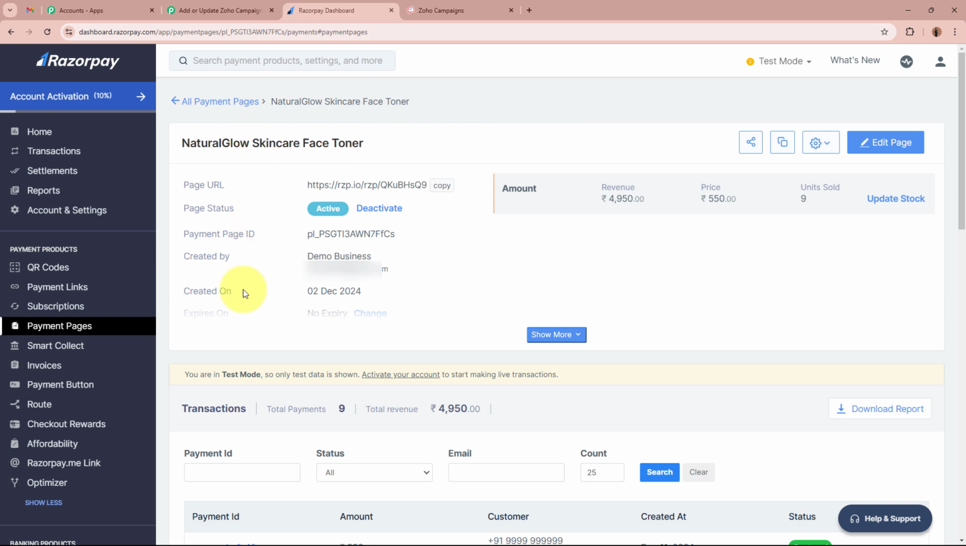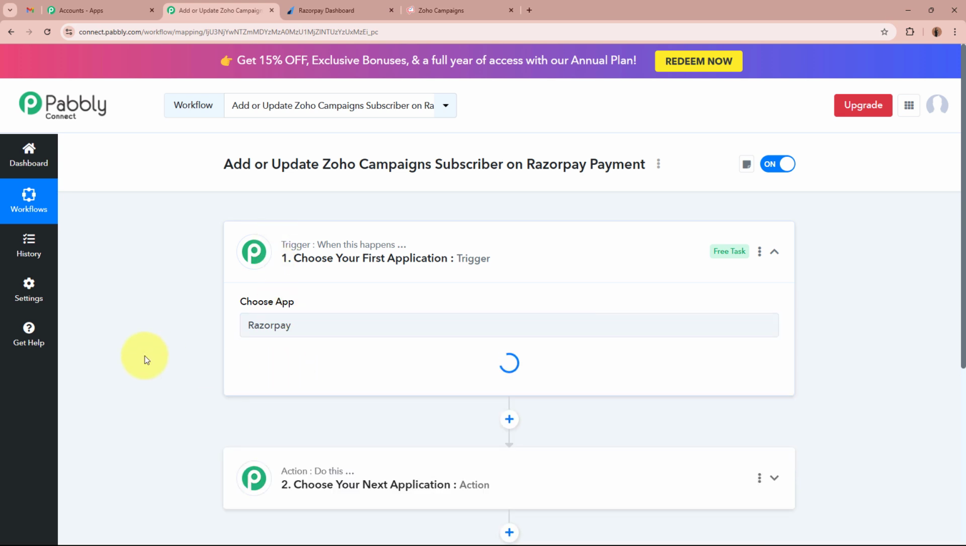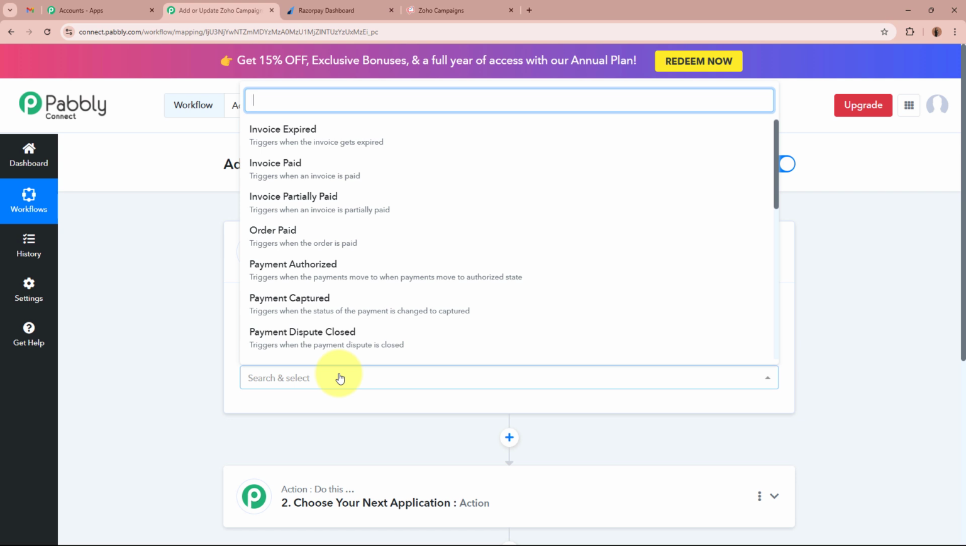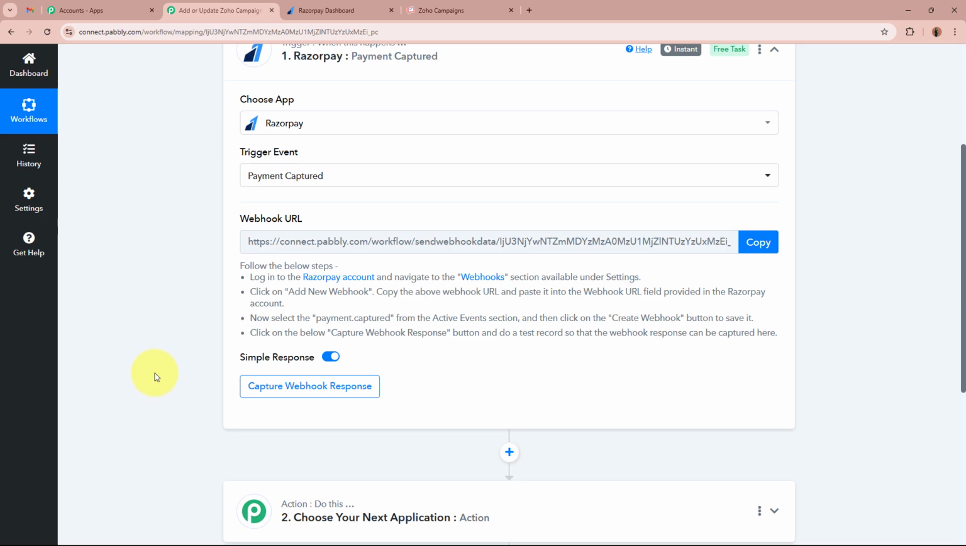I want that as soon as the product purchase is completed by the customer using Razorpay, Pabbly Connect should automatically capture the response of that. That is why for my trigger, I'm going to select Razorpay, and for the trigger event, I'm going to select Payment Captured. Whenever a new payment is made, using this trigger, Pabbly Connect is going to